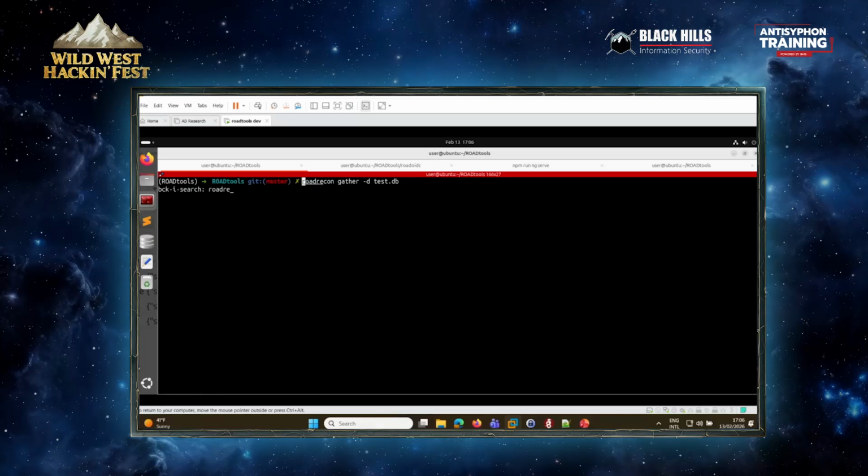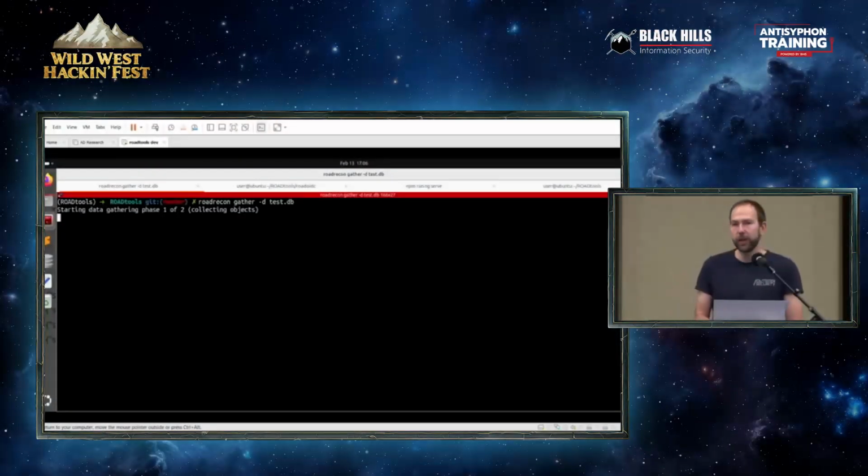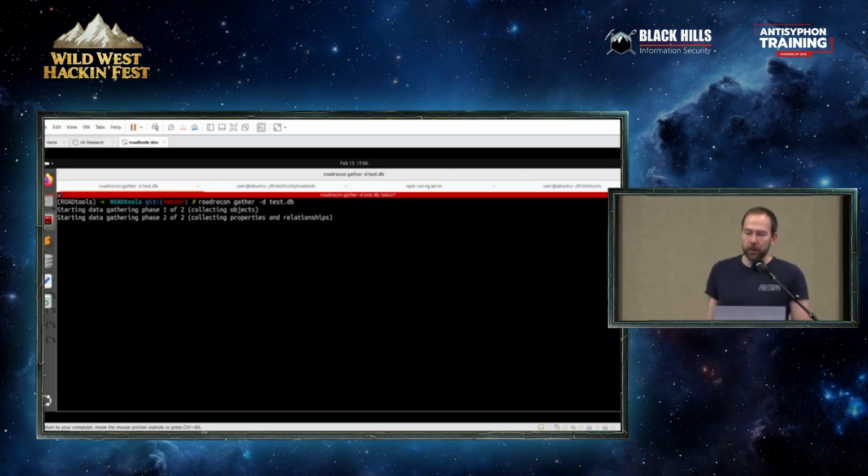All right, so then we're going to do roadrecon. This is going to gather the data. I think it's fast enough to not move to my offline backup. It's going to talk to the API and collect all the objects. The nice thing is that in Entra, as a normal user, you can see a lot of things in the tenant. I am running it as an admin now, but the difference in data is very minimal. It's only afterwards when I talk to the different APIs that the data is going to appear.